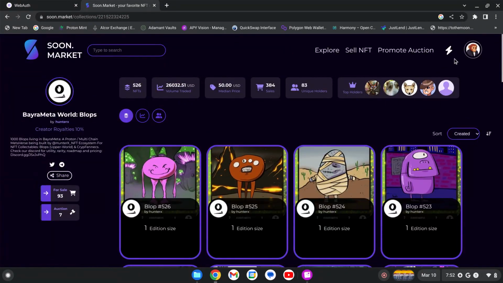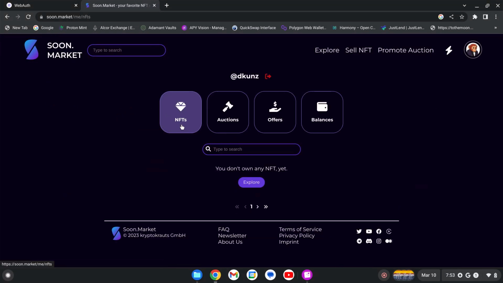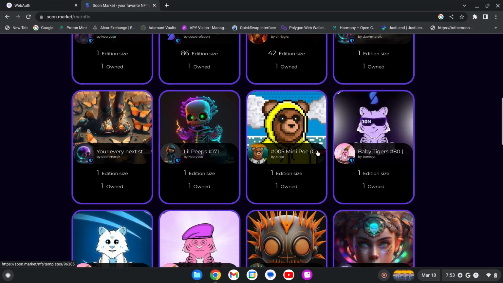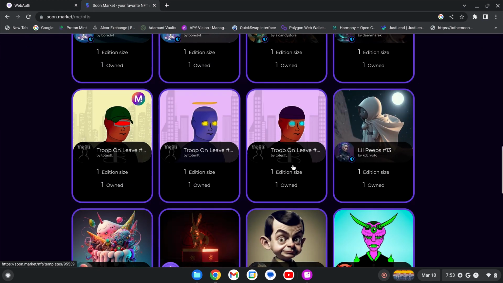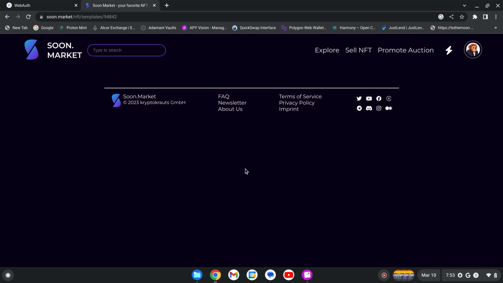Let's do that. Before I do that, though, I want to show you, I have my other wallet attached that has some of my NFTs in it. You can see that's my character on it. I can actually click on that and look at the NFTs that I own. And so you can go in and look at your NFTs in the marketplace that you own, and you can list them. So let's say I wanted to sell this one. I could click on him,